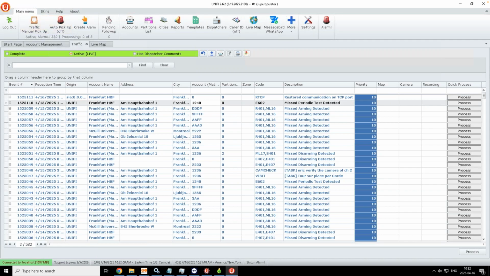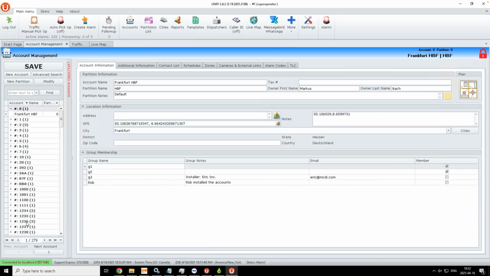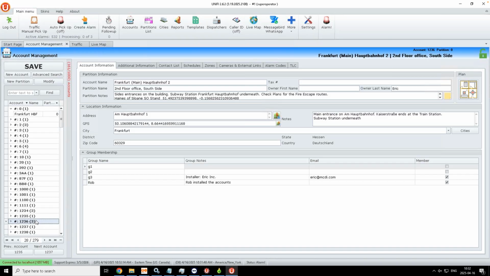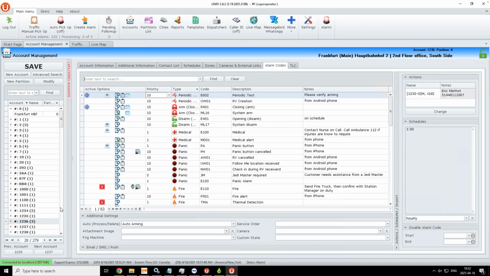Some more things that I would like to show you are in account management. So we're going to go into our account 1236 because it's a quite complete account that I built. In the alarm codes, what I wanted to show you here are the active options. For each alarm code, you have a set of presets for your operation. So your standard operating procedures are defined, your action list, for example. You have schedules as well. And you have a list of icons here that tell you what